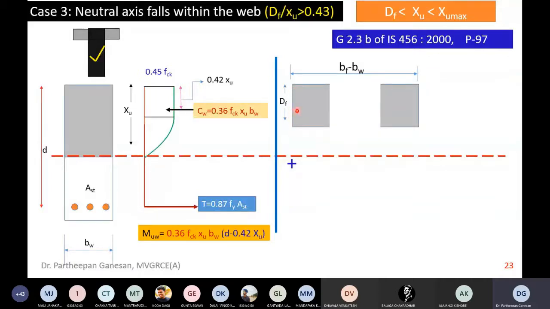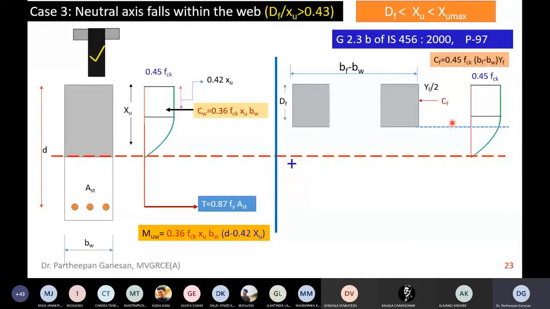Okay. Now remember, here your Df is here, and this total has the 0.43 rectangular portion also, and up to this point it will have a parabolic portion also. This is where the thickness of the flange ends. Now I have this 0.43 xu part also, and I also have this parabolic part. So now how to find this out? What the code says is you make this into an equivalent rectangular part of height Yf. So the force will act at a distance of Yf by 2.